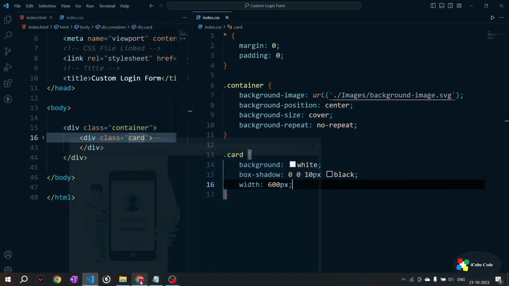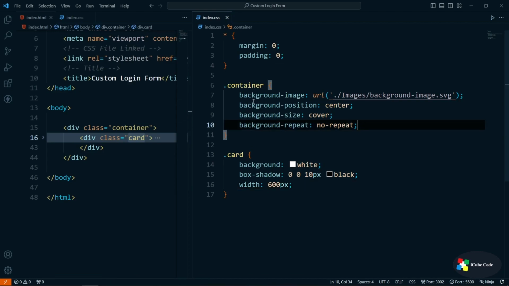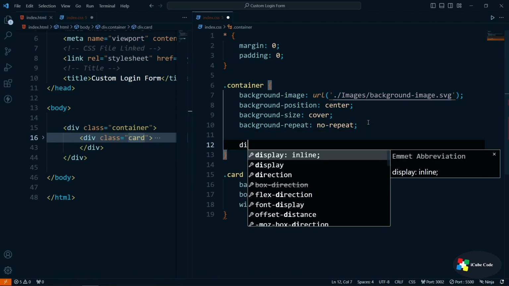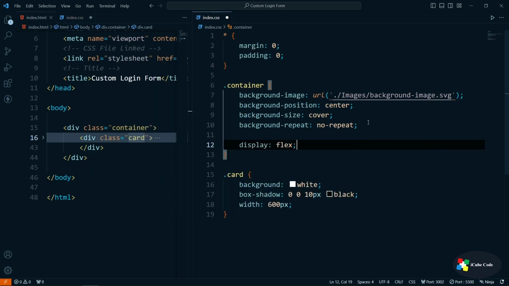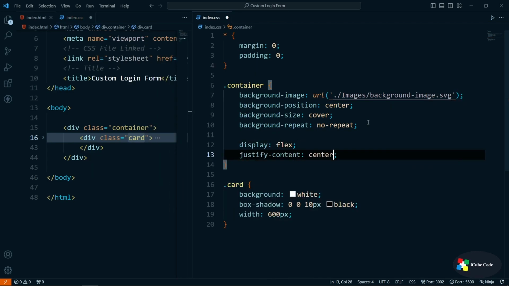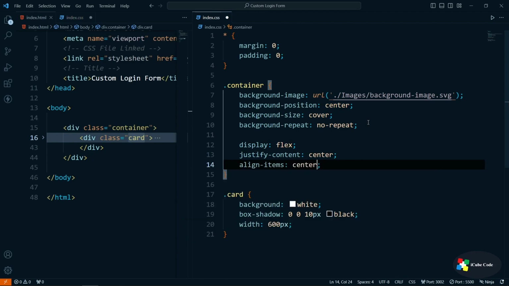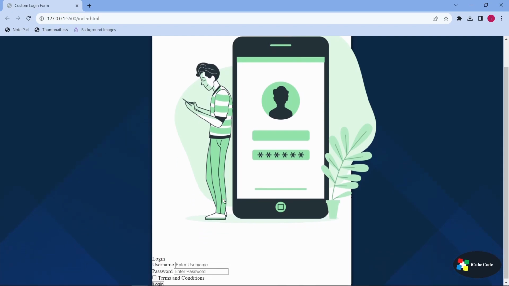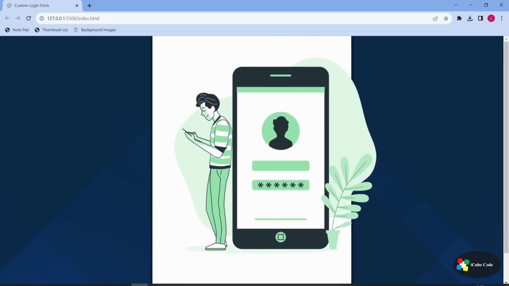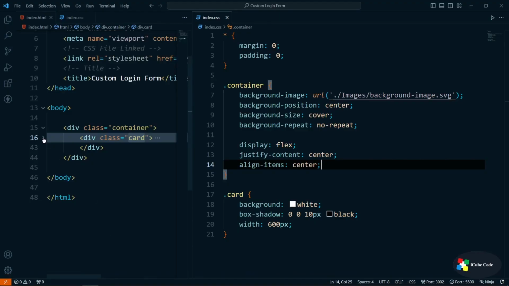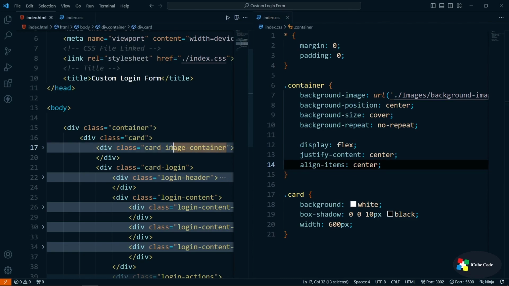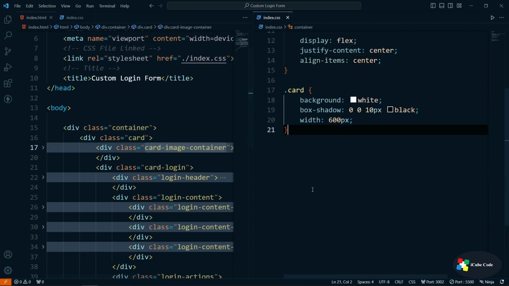But before that, what we can do is center this first. For centering that, in the container I'll use the display flex property. So I'll say display flex, justify content center and align items as center. With this we can get the card in the center. This card is coming in the center now, and let's change the width for the image. To do that, we need to target the image container, which is this one. So let's target that,